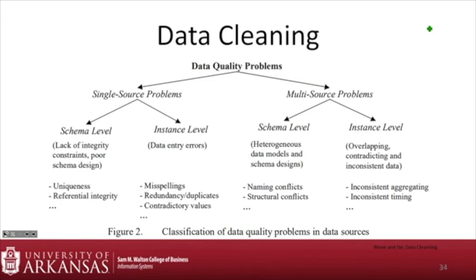Right, when you get to the multi-source stuff, you got naming conflicts. So in this table it's named this, in this table it's named this. In this table I have a 5-digit ID, in this table I have a 6-digit ID, for the same thing, right? Overlapping, contradicting data, inconsistent data, missing data. We're going to run into all the issues.